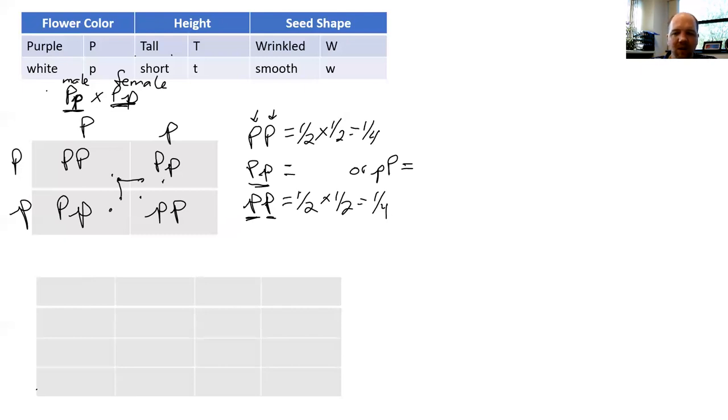We wrote it the same way, but we got it two different ways. So we have to say, okay, what's the chance of getting big P from dad? That's 1/2. The chance of getting big P from mom is also 1/2. So that equals 1/4. But then we also have to take into account what's the chance of getting small p from dad, which is 1/2, and big P from mom, which is 1/2, and that also gives us 1/4. So for the total, what we have to do is add this 1/4 and this 1/4 together